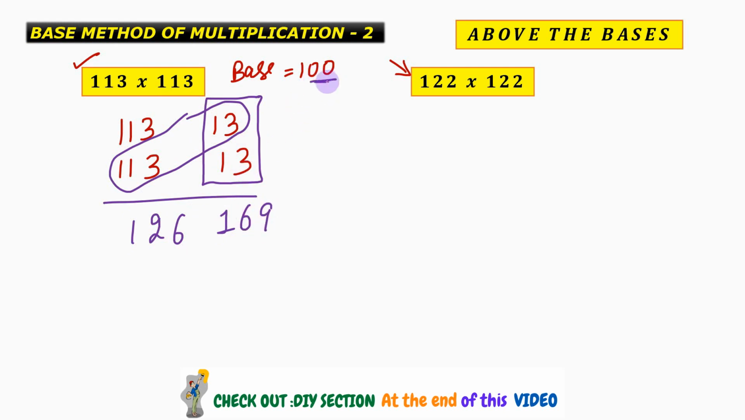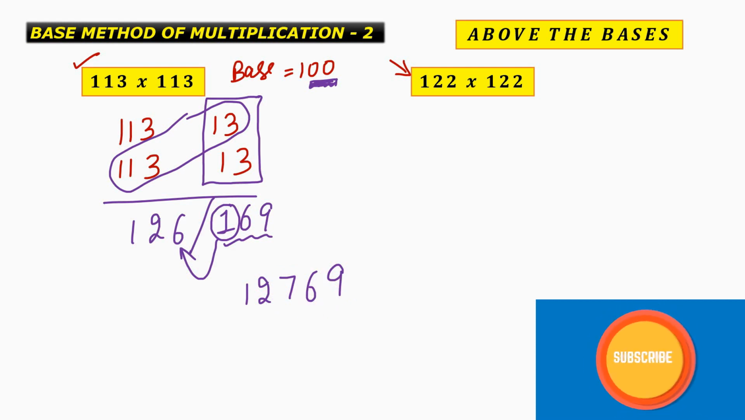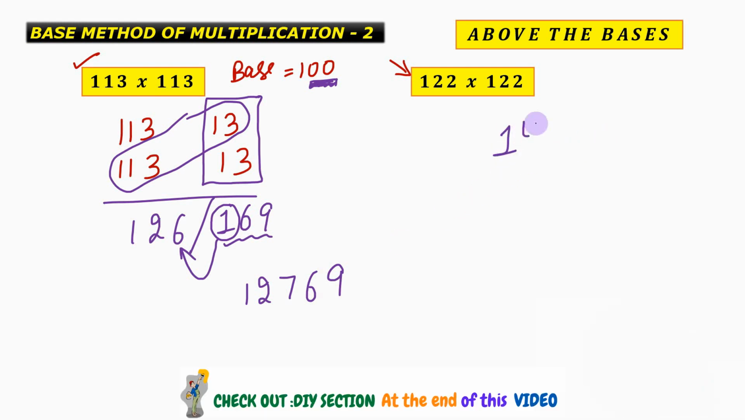169. But because the base is 100 and which contains only two zeros, so this should be a 2-digit number, which simply implies that this one needs to be carried over to the other side, and hence we will get the answer as 12769. Now for the next question, pause the video if you want to give this question a try, and then resume the video when you want to check out the answer. Okay, and my answer to this question is 14884. I hope that your answer matches my answer for this question, and now I hope that you are finding